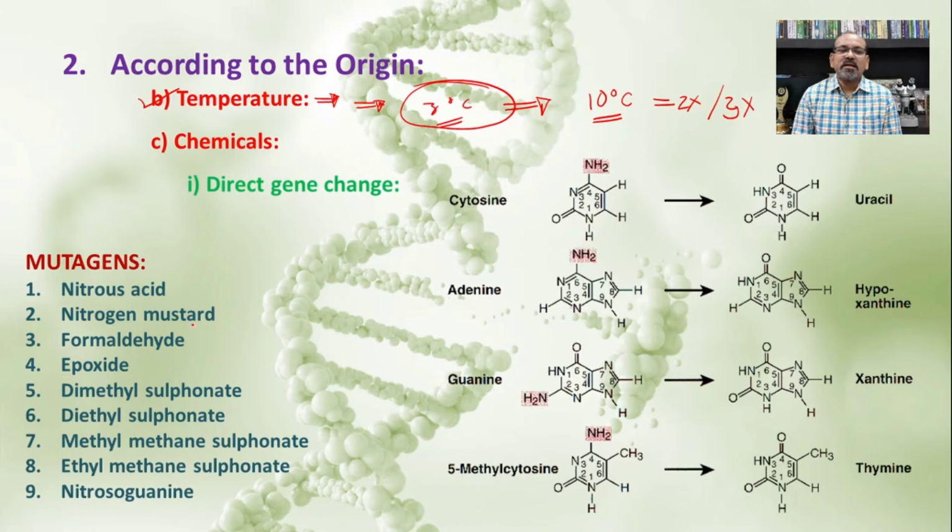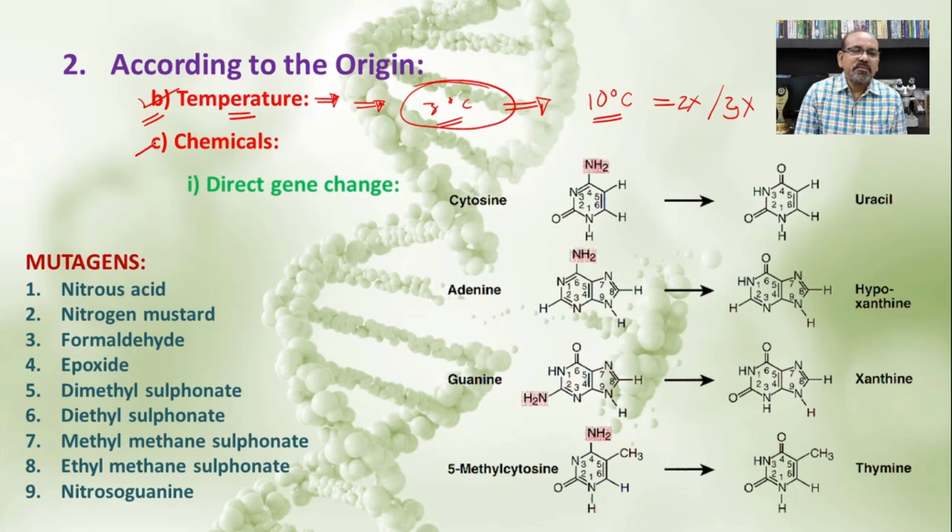This means that temperature is also responsible for changing certain nitrogen base sequences of the DNA, because even the DNA is stable only at a particular temperature. So even temperature can introduce certain changes in the DNA molecule, and hence it is also one of the factors, that is, a mutagen, involved in the formation of mutations.